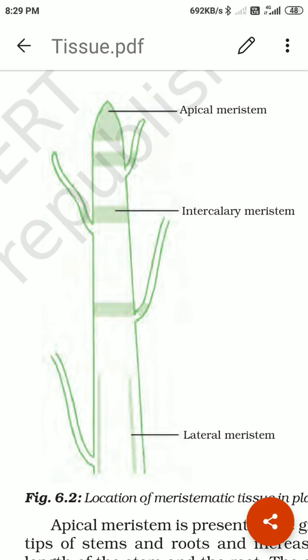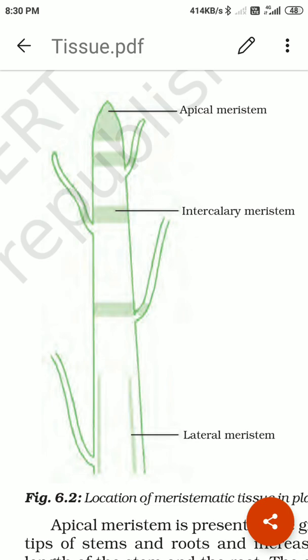In the apical region there are cells dividing. In the apical region there is meristematic tissue, also dividing the cells. The apical meristem divides the cells, growing the tip. After the growth, cells are left backward. It is growing forward, cells remaining backward, and those backward cells are converted into other types.